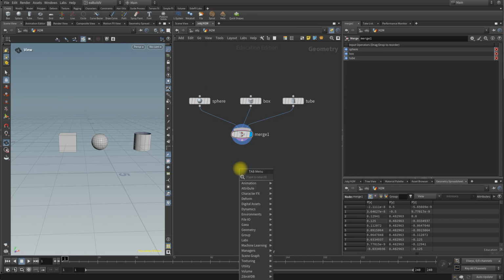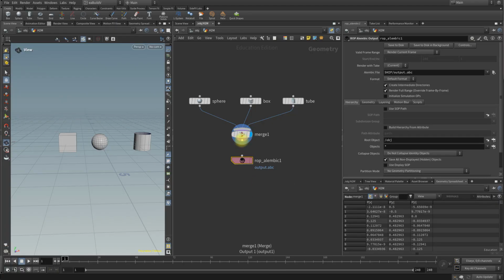So you can press tab and type Alembic, and down here you're going to see ROP, so render operator Alembic output. Just click on it, put it down here, connect this, and then figure out where you want